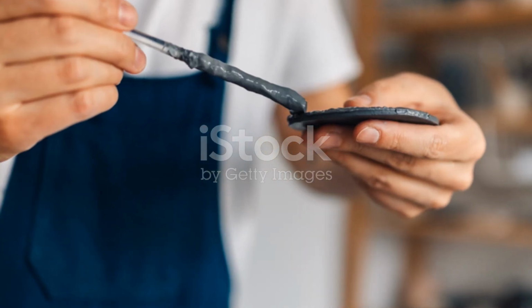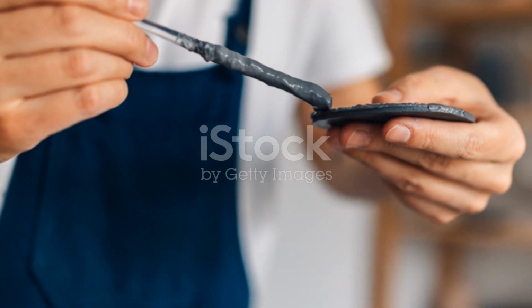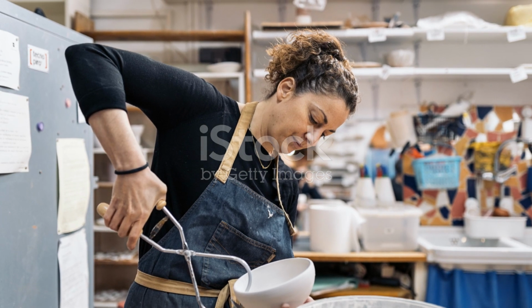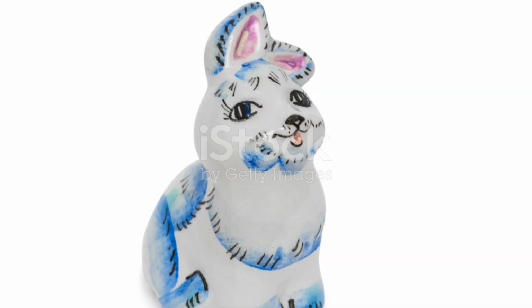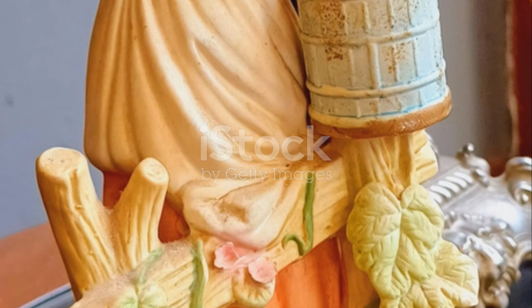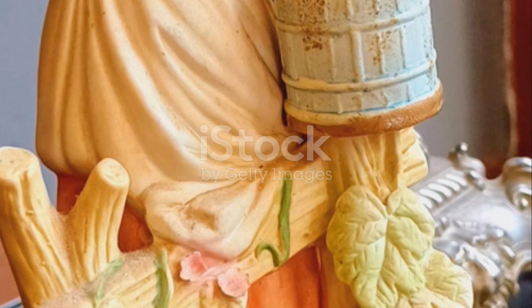In China, at around 200 BC, they discovered that by adding minerals to the clay, they could improve both the appearance and the strength of the ceramics. But it took nearly 1,000 years before they perfected the process to produce high-quality ceramics known as porcelain, and on